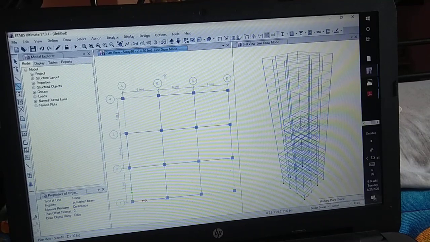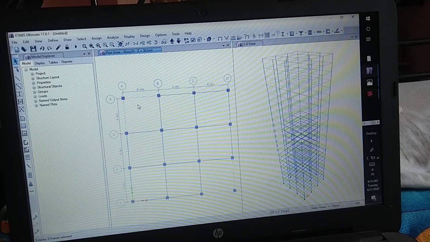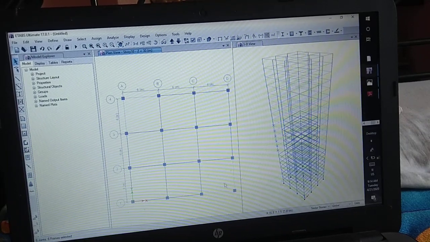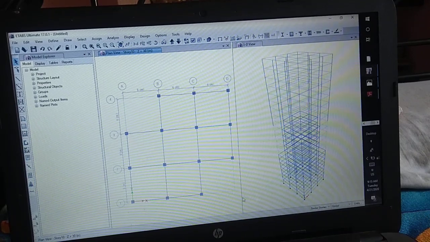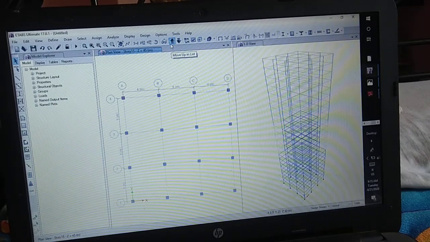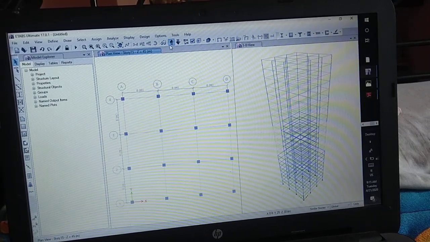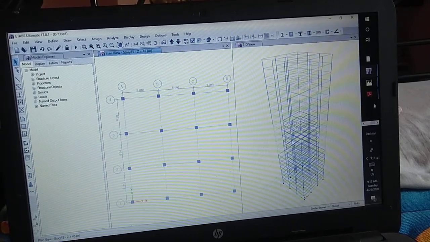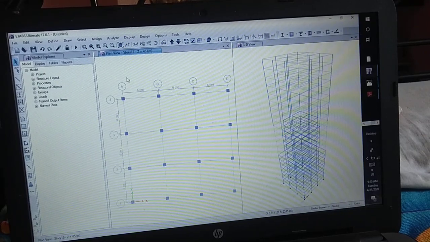Then we have to delete this column. So go to those columns and delete them. So these columns are deleted. Then next go to story 15 or between story 15 to story 19, and the plan is like a plus. So we are going to add beams.